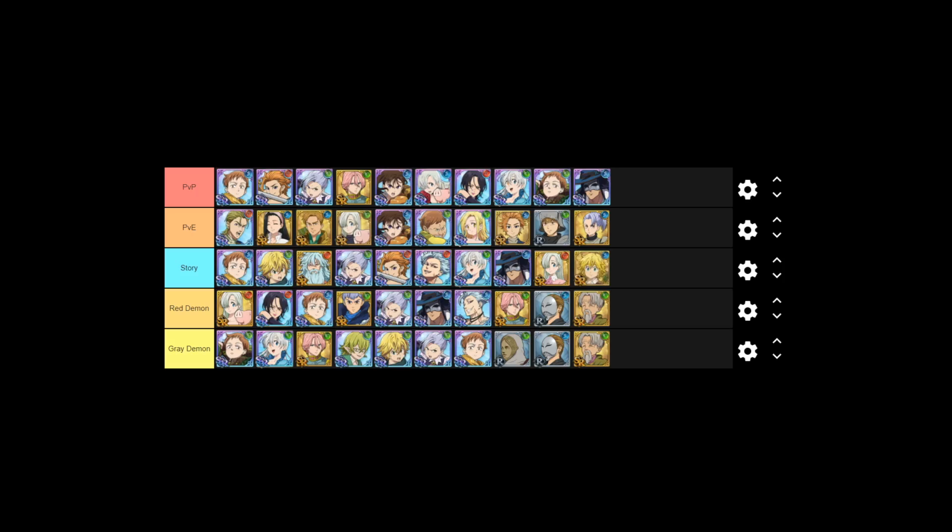Now for story, this is pretty much what are some of the best units right now to get you through some of the harder stages of the story. And of course, one of the hardest right now is the last 2 Henderson fights, the Green Henderson and the Blue Henderson fight. So a lot of you will be making good use of that SR bond that you have to build up anyway,